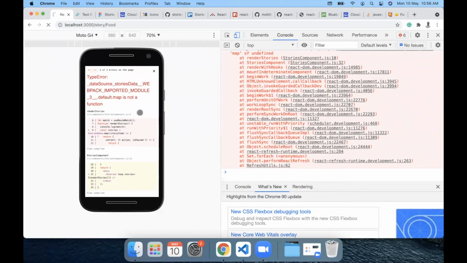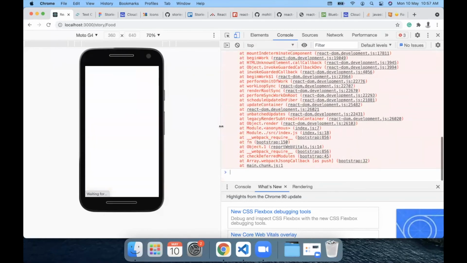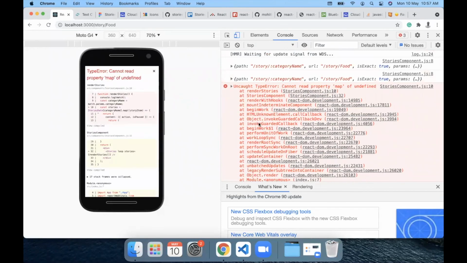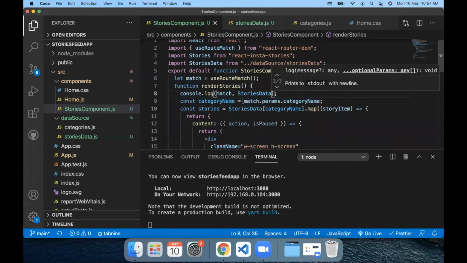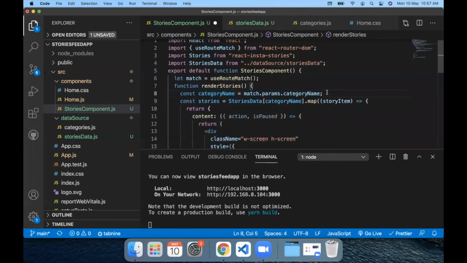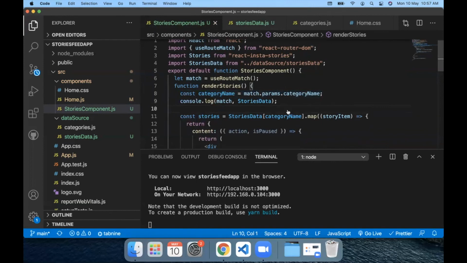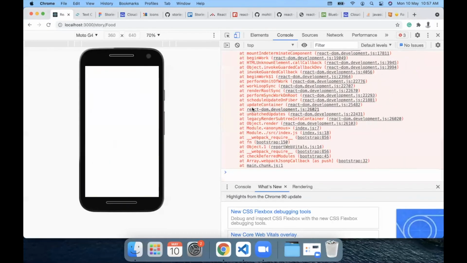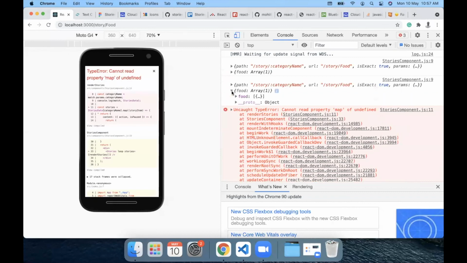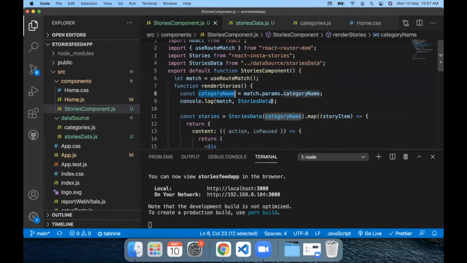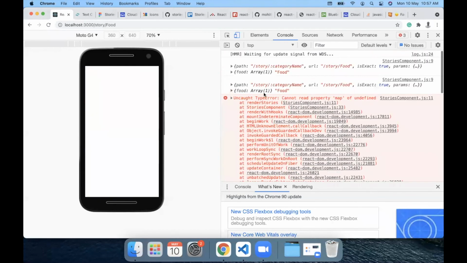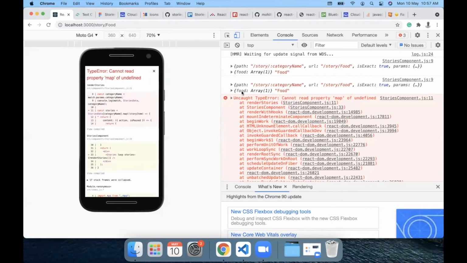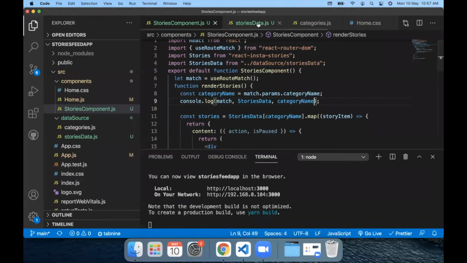Now if we come back to our code, hopefully it should work. If not, we are not doing something right. Okay, let's just print out the storage data as well, and the category name that we have. Refresh. So this is my storage data, and what is my category name? Let's just check. Okay, I know now we know the issue. The food should be in small.